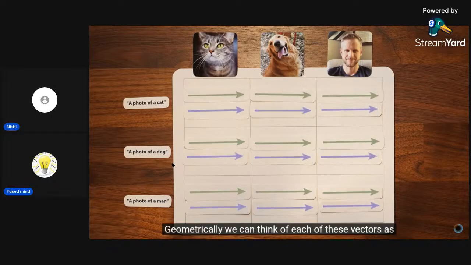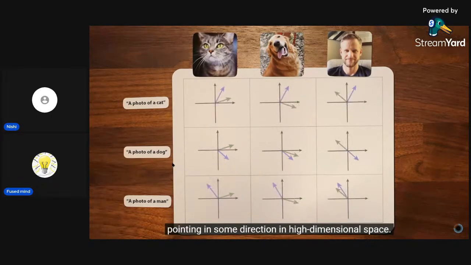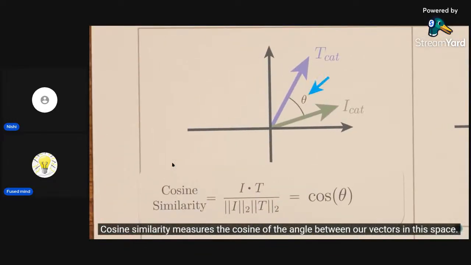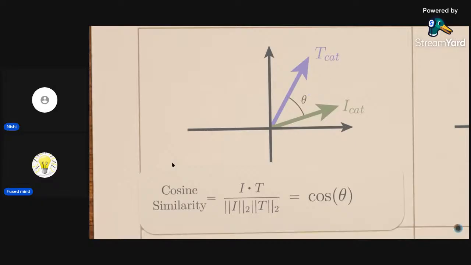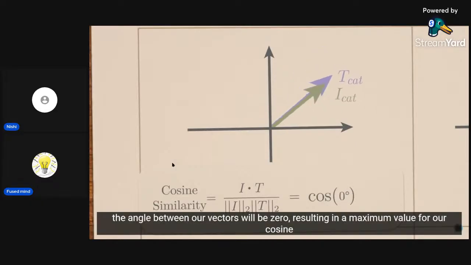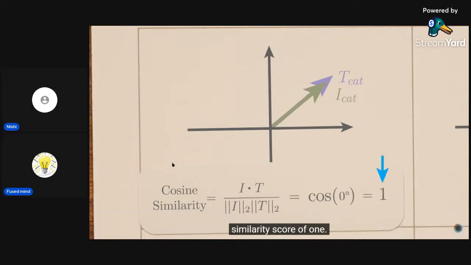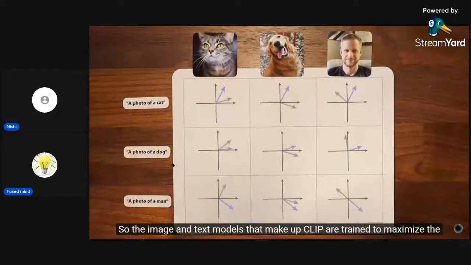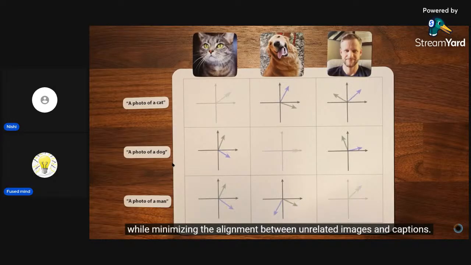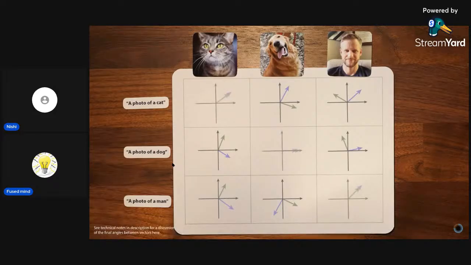Geometrically, we can think of each of these vectors as pointing in some direction in high-dimensional space. Cosine similarity measures the cosine of the angle between our vectors in this space. So if our text and image vector point in the same direction, the angle between our vectors will be 0, resulting in a maximum value for our cosine similarity score of 1. So the image and text models that make up CLIP are trained to maximize the alignment of related images and captions in this shared high-dimensional space, while minimizing the alignment between unrelated images and captions. The learned